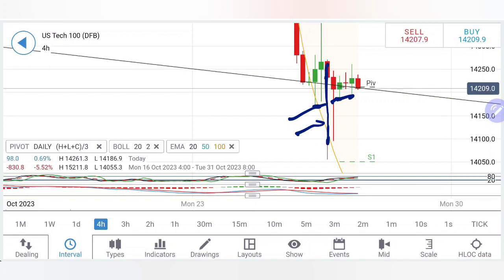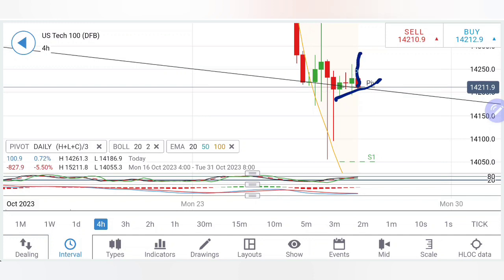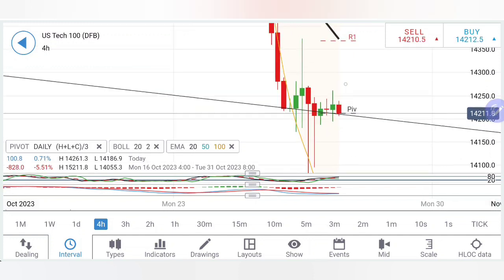These are bearish candles. The prices failed to stay bearish. We have seen a pullback. Here also prices failed to stay bearish, and we have seen a pullback. Now here, achieving the higher lows, we can expect a possible recovery in prices where we may see 14,260, 14,300,